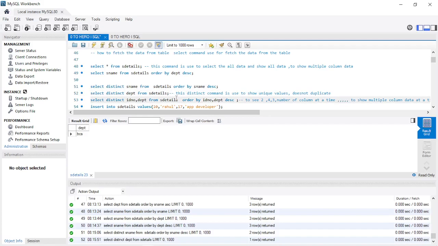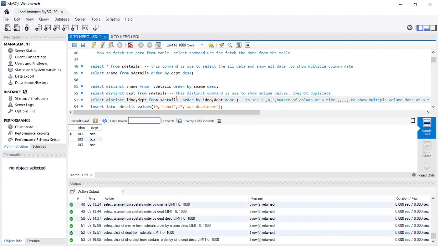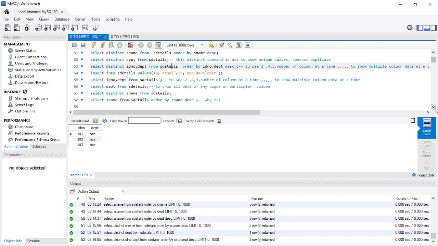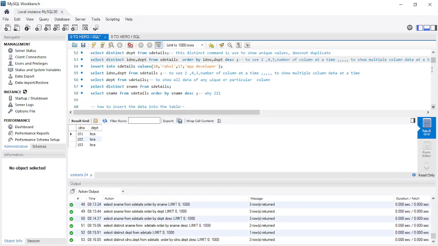And after that select distinct id number, department from student details, id number and department from order by id number and department descending order. So I hope you are getting what is the use of descending and ascending or order by. Order by is mainly used to arrange your data in ascending order by default, and you can also use descending or ascending to order the data. Okay, yes,